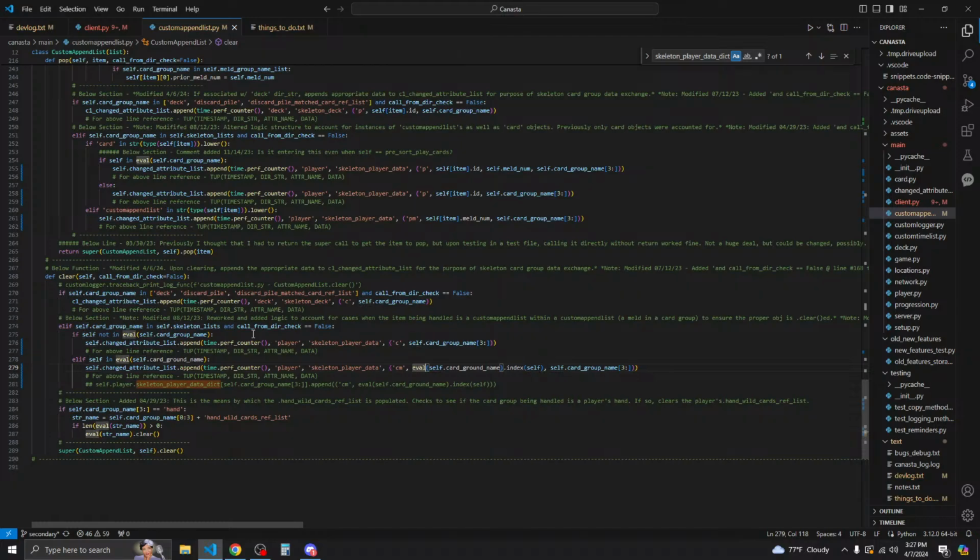So we have cm and then eval self of card self dot card group name dot index of self, and then self card group name, and the data is, yeah, all that. But why is it okay if self is in eval?